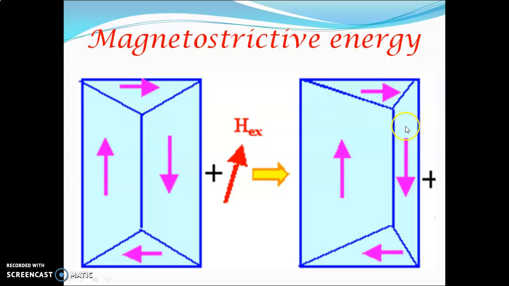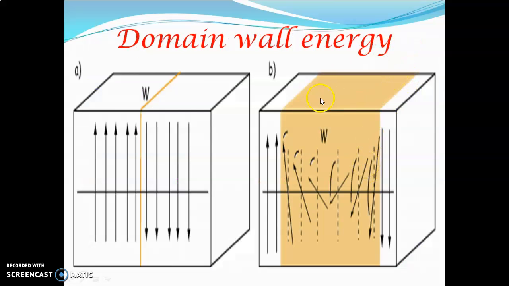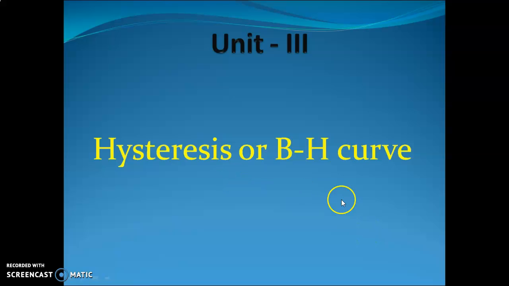This is the change that occurs in a material when you apply it. Domain wall energy: when the domain wall is placed, the domains are arranged in a particular direction. You can see it being rotated. Figure A shows it arranged in a particular direction. When you apply energy, it will be rotated and go to the opposite direction, right? So these are the